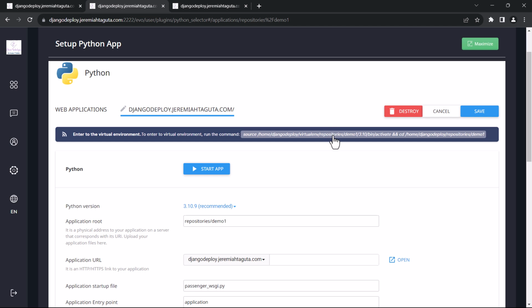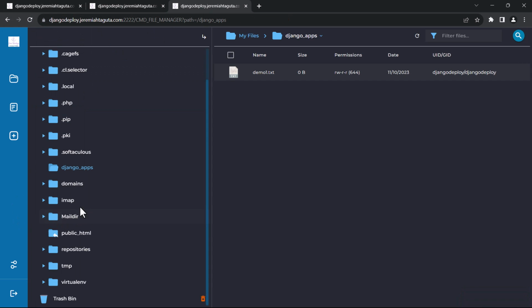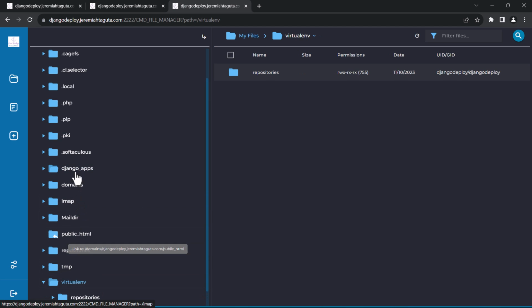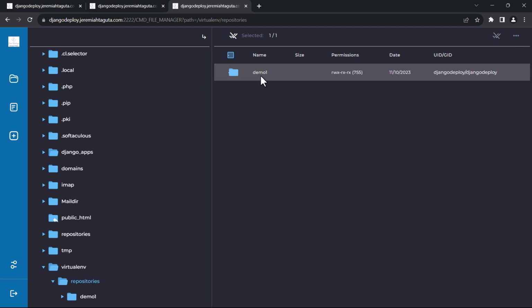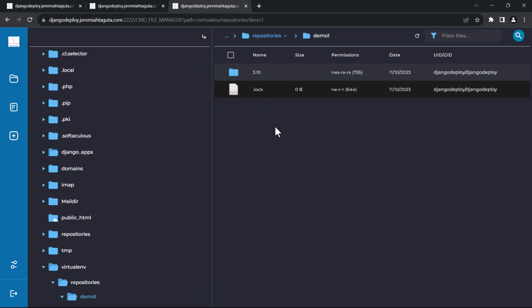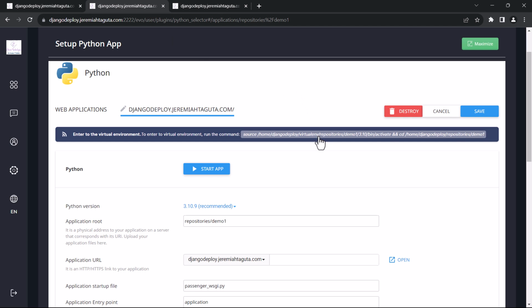So now we have to click here to copy our path to the virtual environment. Let me show you. This is our virtual environment. If you go under your my files, you should be able to see your virtual env. Then it's having repositories demo1. So this is your virtual environment. Having copied our